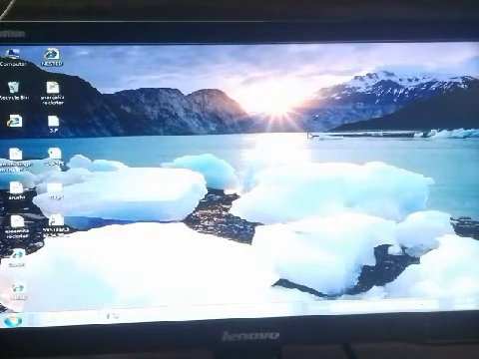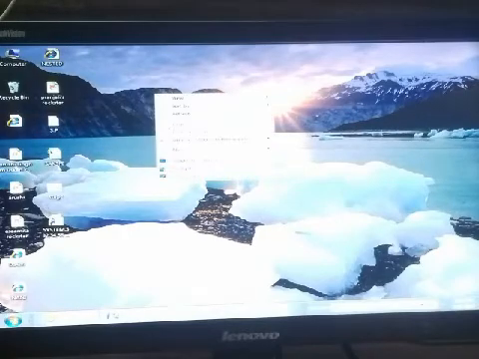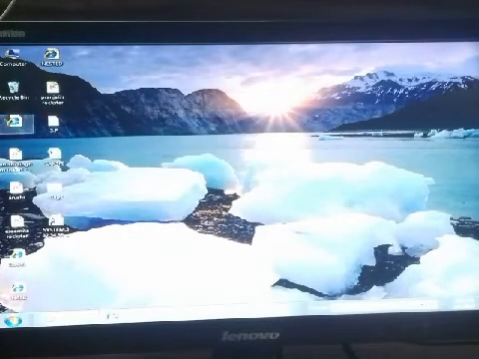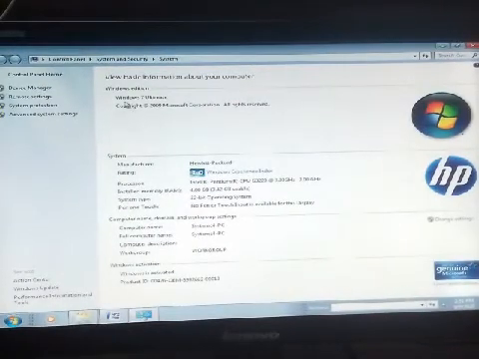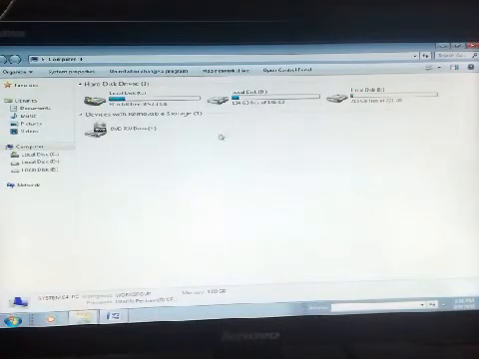Okay students, but this is not a Windows 10 operating system. I will show you, this is the Windows 7 operating system. Here you can see this is Windows 7 Ultimate. This is not a Windows 10 operating system.